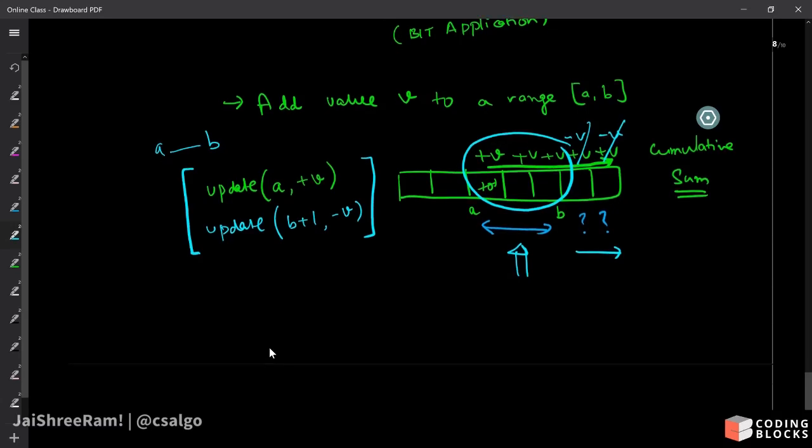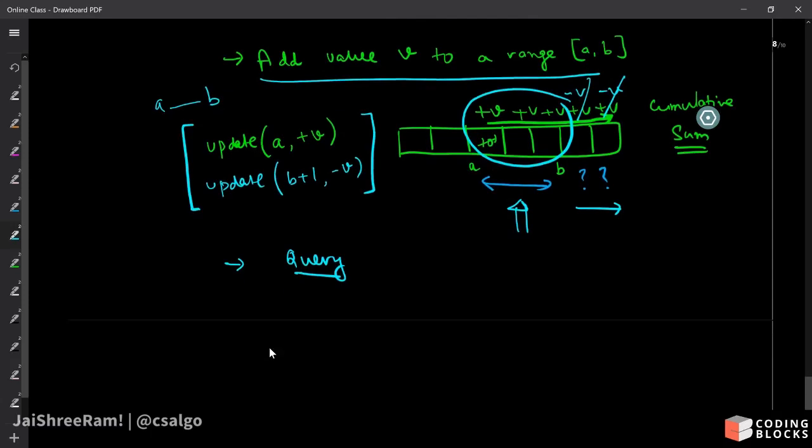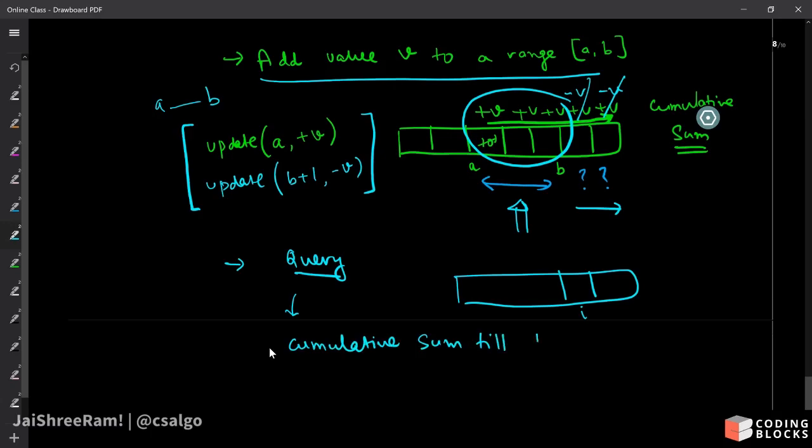Now the second thing is how to query for a particular element. मतलब अगर query करना है, तो ठीक है, क्या करना होगा, अगर इस इंडेक्स पे हमें पता लगाना है कि क्या एलिमेंट पड़ा है, तो डायरेक्टली हम क्या करेंगे, क्यूमुलेटिव सम देख लेंगे, राइट। तो वी विल जस्ट लुक फॉर द क्यूमुलेटिव सम टिल दैट इंडेक्स।